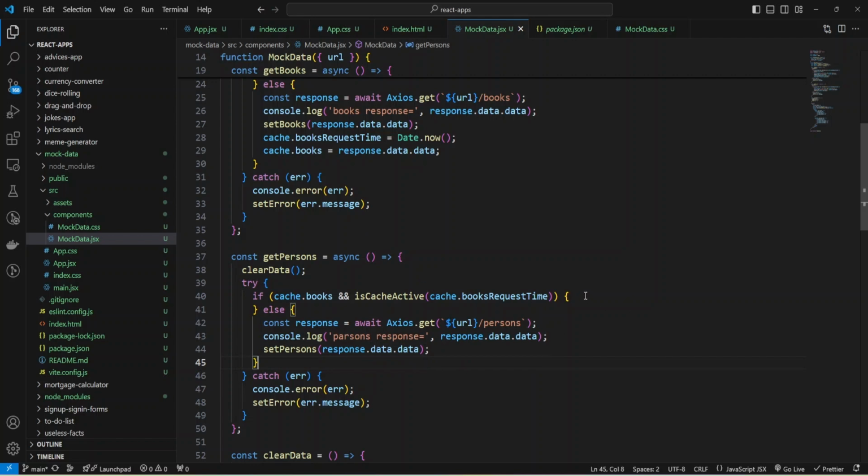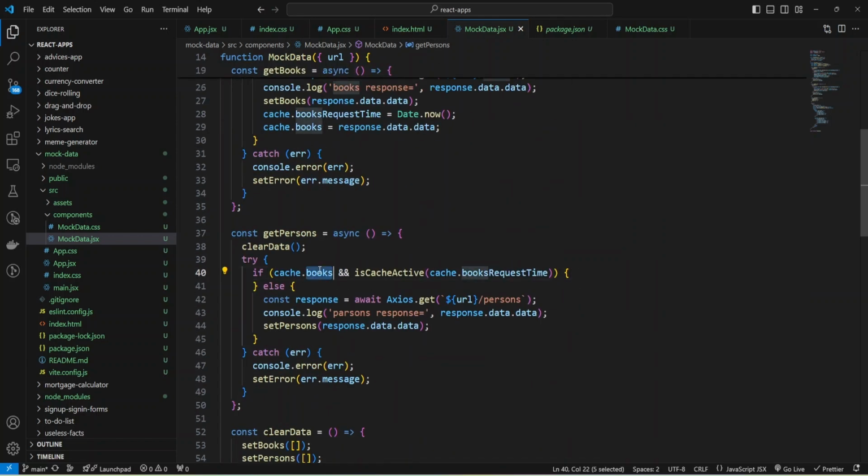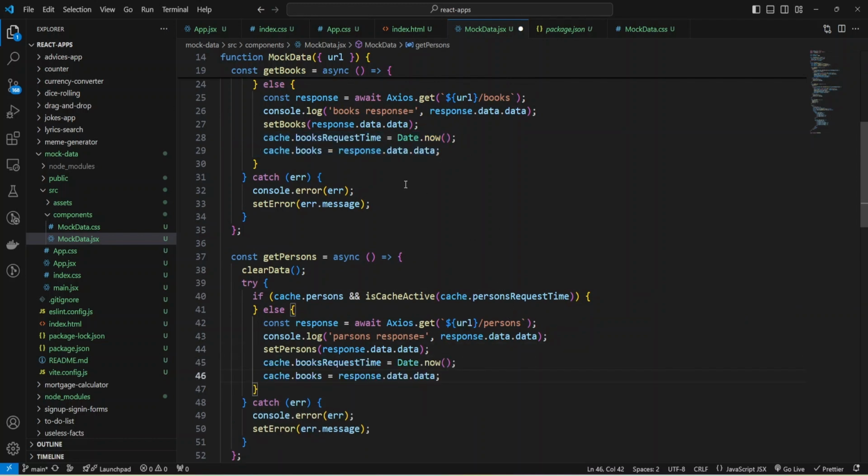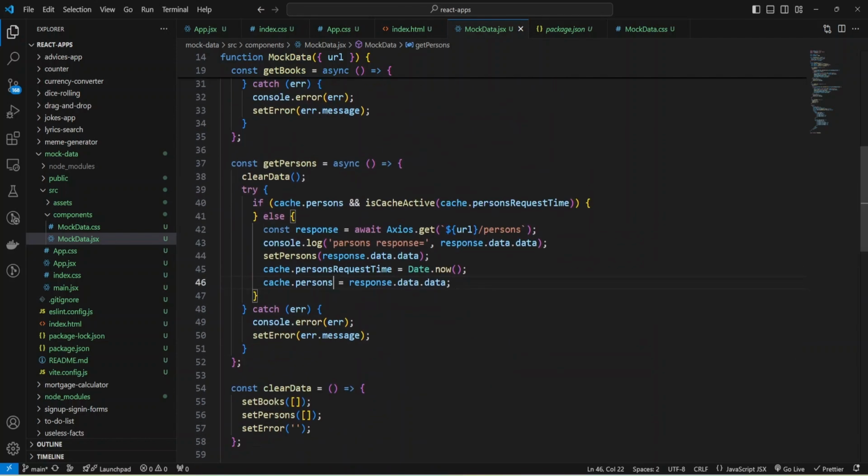Okay, and now I need to check cache persons and make persons request time, and we need to save our data in cache, and it will be persons request time, and in cache it will be persons. Okay, and let's check again.